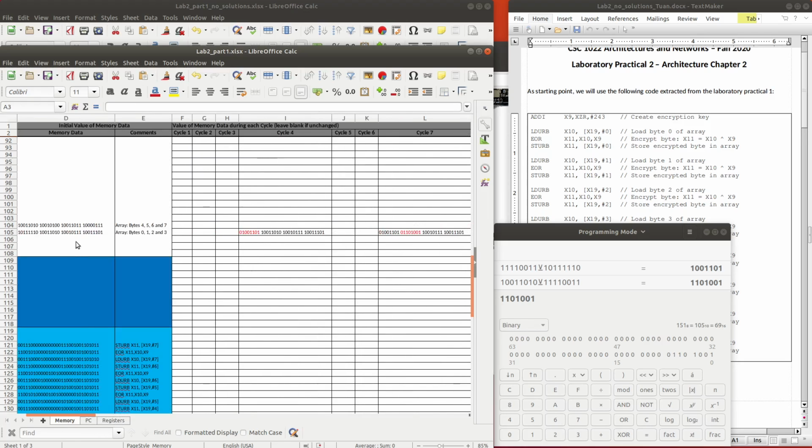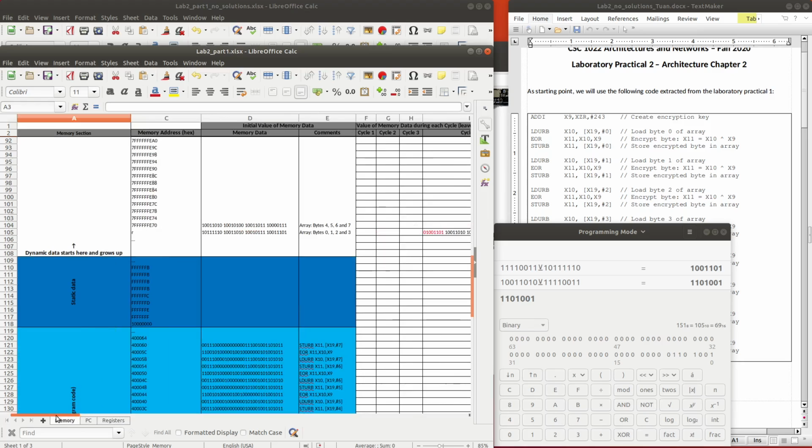That value, all 4 bytes in this address, will be exclusive OR with 243, and then written back.